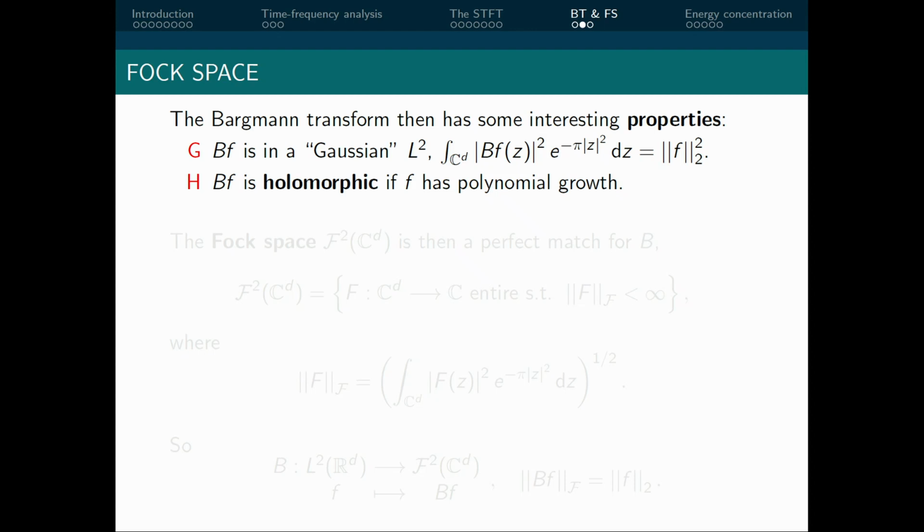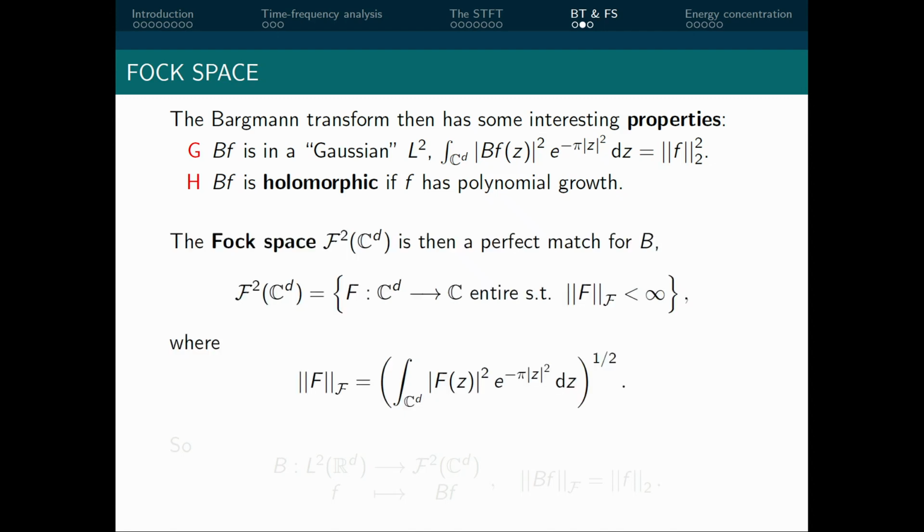But the thing is, if f is in L2, then it will have decay. It won't be growing. So it will have polynomial growth in the sense that, of course, you're going to dominate it every time by a polynomial. And so if you define the Fock space as just the entire functions, so for a function to be holomorphic, it means that it's differentiable as a function from the complex numbers to the complex numbers. Entire means that it's holomorphic in the whole domain, so in the complex numbers. So what did